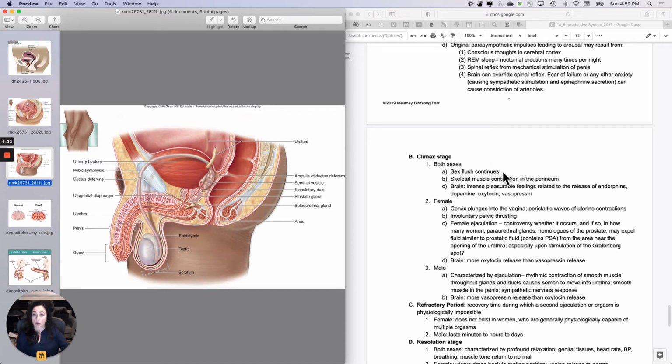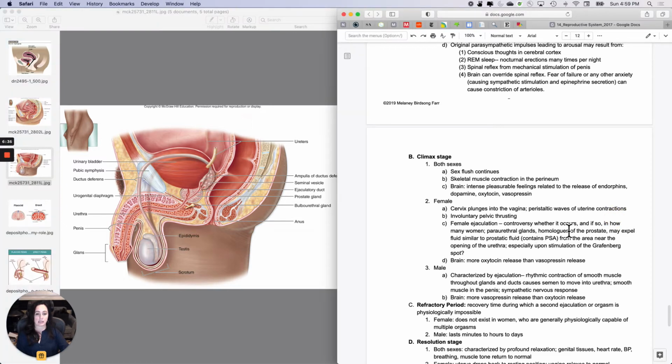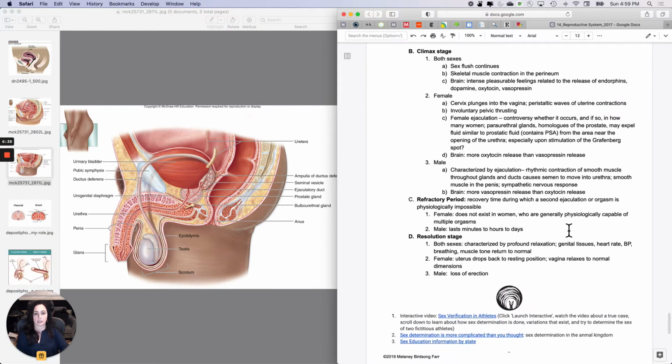So regardless of the sex, let's talk about the climax stage. The climax stage is basically when either sex reaches climax, also called orgasm. In males, that's typically accompanied with ejaculation. So in both sexes, when you hit the climax